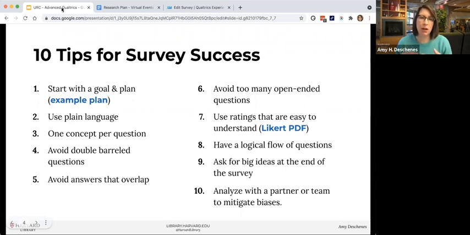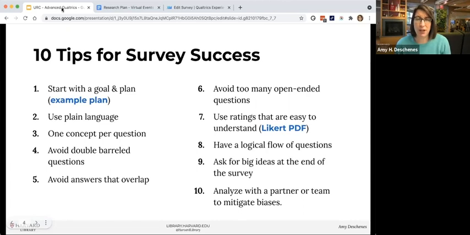And then also a couple of other things with the questions themselves, making sure you're only asking about one concept per question. It should be very simple to answer a question. It should not take a lot of time, and you don't want to stuff too many things into one single question. That can sometimes happen if people are trying to keep surveys short. They're like, oh, we only have 5 questions. Then you try to cram too many things into one question. I think it's better to have more questions that are stricter, more to the point, and more succinct.